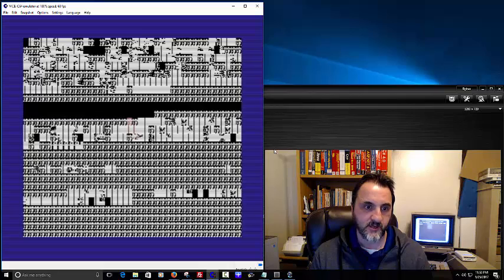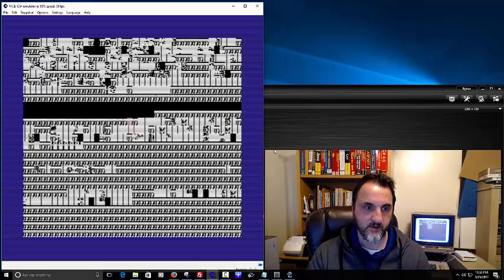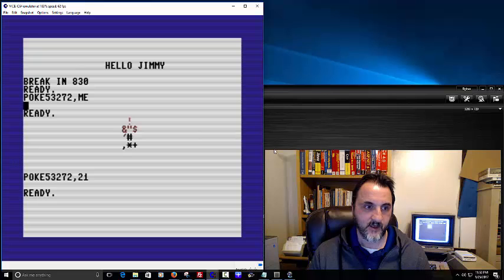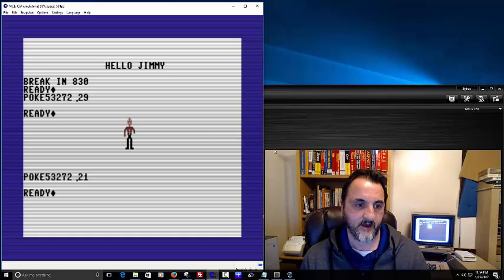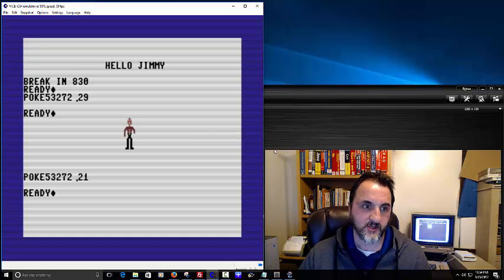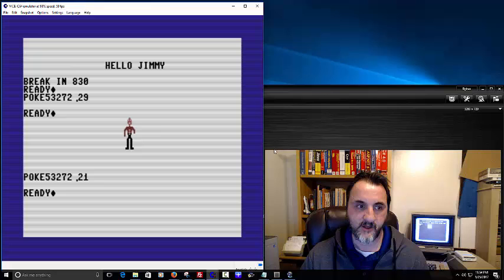Oops, and maybe I forgot to save it. Anyways, I'm turning the screen off here for a second again. I think the ME got overwritten with whatever I just did there earlier, so 29 should do it. There you go. So it basically is just how to switch between character sets in memory, which allows you to change the characters so they look like something that's more fun. It looks more like the kind of games you've seen back in the day.